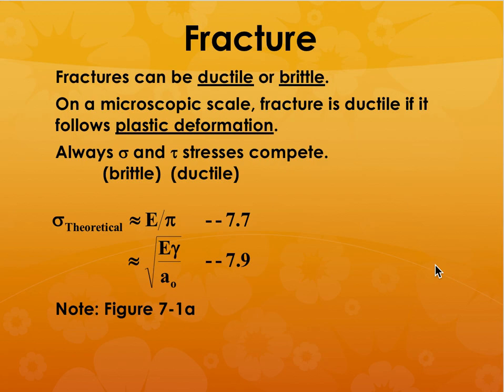So stress over strain is equal to elastic modulus. So elastic modulus times the strain is equal to stress. Now what is stress? Stress is the load divided by the area on which you are applying that load, right? So P, which you could call the load, divided by the area A, the cross sectional area, is equal to stress, which is also equal to E times epsilon. Okay, now